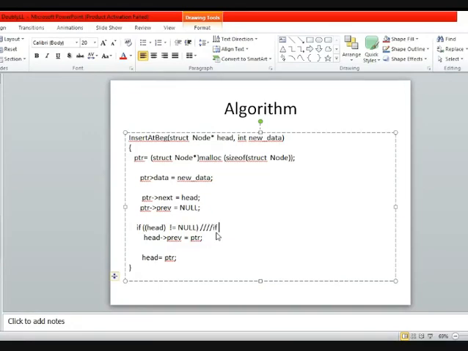If the list is not empty, in that case you need to assign the head previous as ptr. If the linked list is already empty and you are going to insert the very first time, then the newly inserted node will be the only node in that particular doubly linked list. And because you will be having a doubly linked list of a single node after insertion, in that case the previous of that node and the next of that node will be null. Okay, let me show you that.